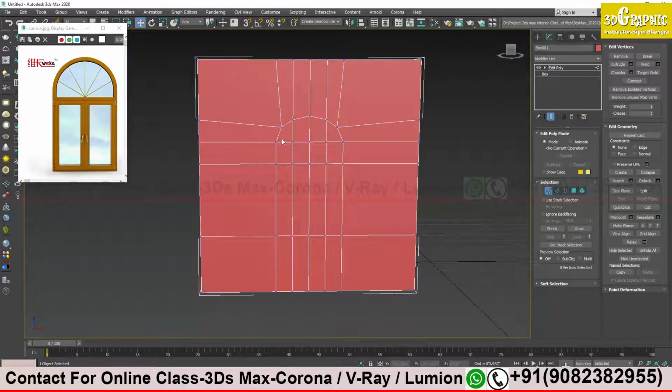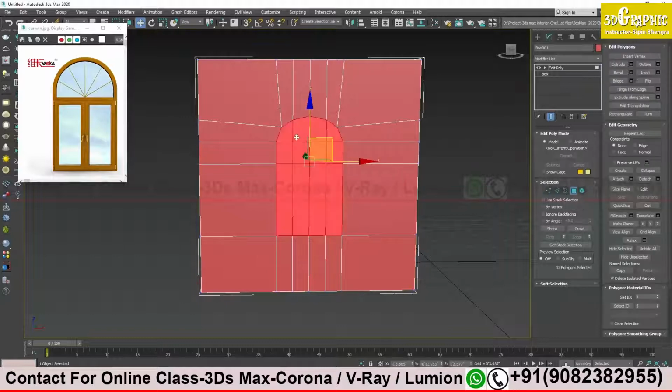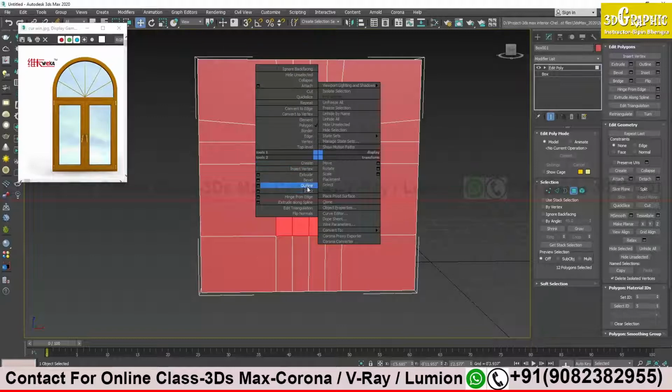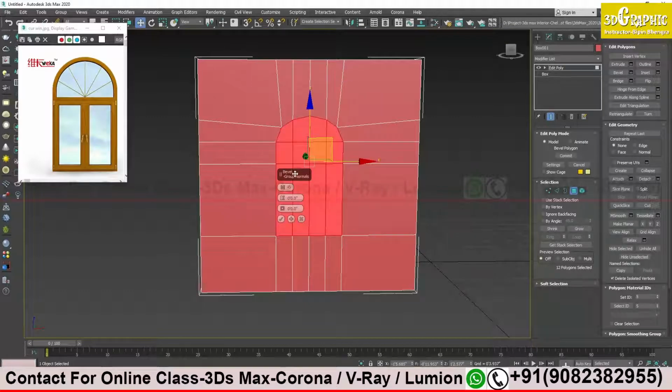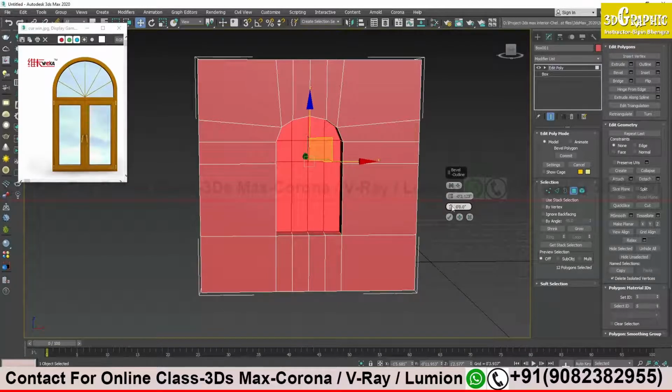Okay, now it's time for redefining the edges, making it more detailed, I have to give more details. So what I will do, I will go to face. So this is my window, right click, I will select bevel. Remember, we have discussed bevel before. I will go to bevel and here I will drag it out. See the top portion, the black one, you can click and drag it out so that you can see your work properly. Now I want it to be not like this, but insert the line, it should be like this to get the outer border.